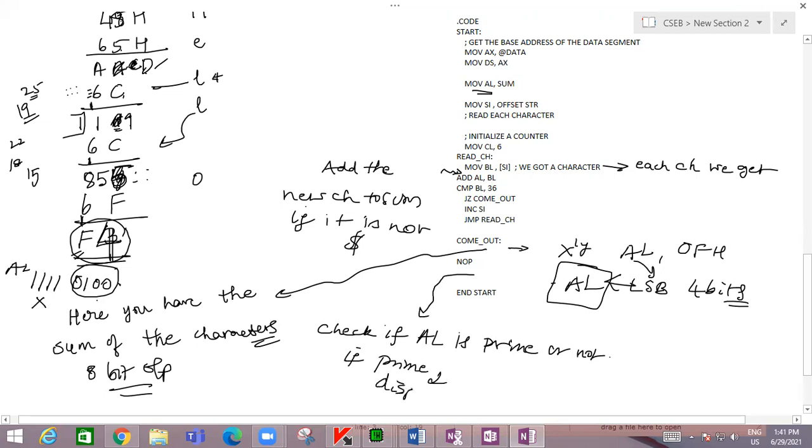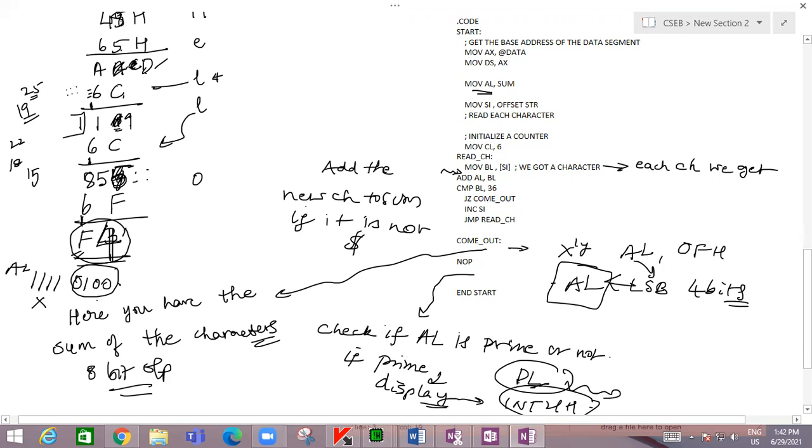You know how to display using int21h. It will display whatever is there in the DL register. So you have to move the AL value into DL, and then give the corresponding value into AH, and when you use int21, that particular value will be displayed. This should happen only if the number is prime.